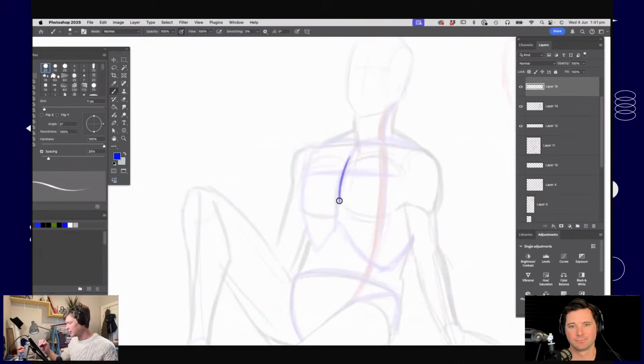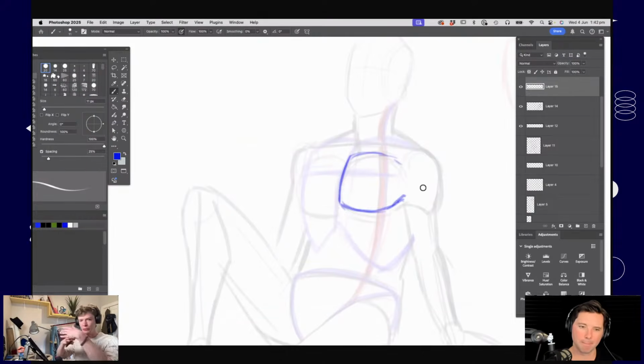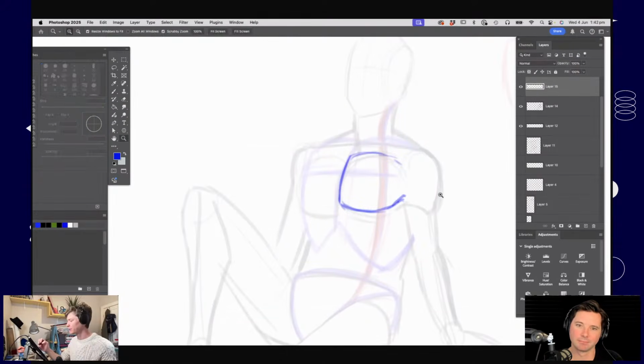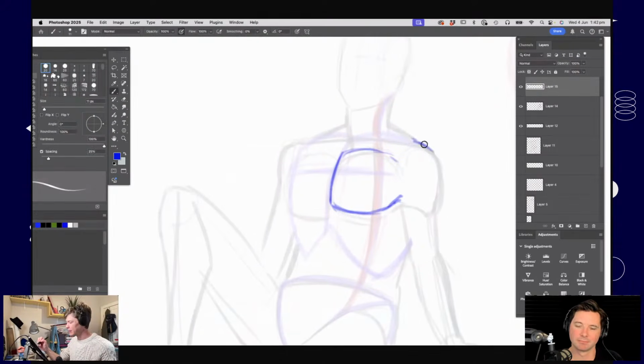So using that line that we've been looking at, the front of the chest, that's a really good indication of one side of the pectoral. I'm going to wrap it around there. And it's really interesting when you're studying anatomy to start thinking about how the muscles connect, but they also overlap and go underneath and around each other. So something like this shoulder muscle is going to wrap down, and it tucks underneath the bicep like that. Right. And the bicep sits on top of it in that way there.